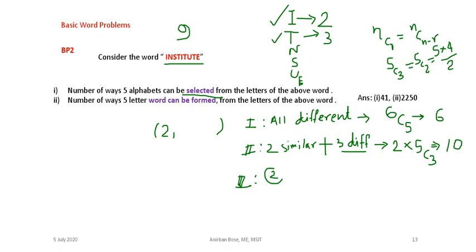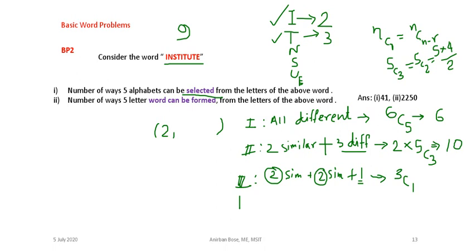2 of similar of one kind plus 2 of similar of another kind and 1. So in this way also we can make 5. So how many such cases are there, tell me? So 2 of similar, that is the one case, that is I. 2 of similar, another one, that is again one case, this. So other than that, only one that you can take definitely out of these 3. Okay, 1, 2, 3. So you have to take 3C1. So this is the only case.